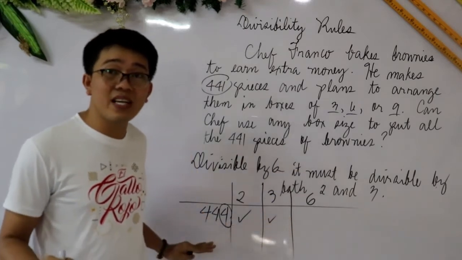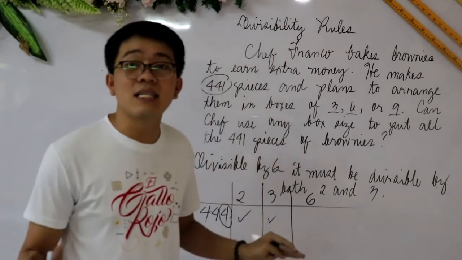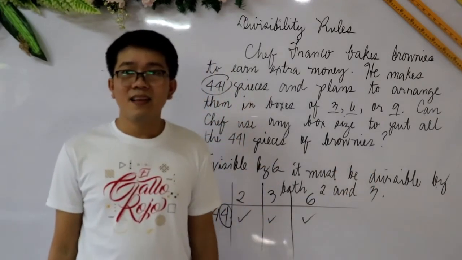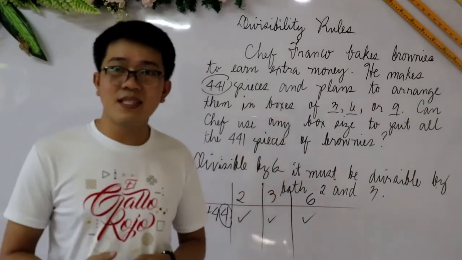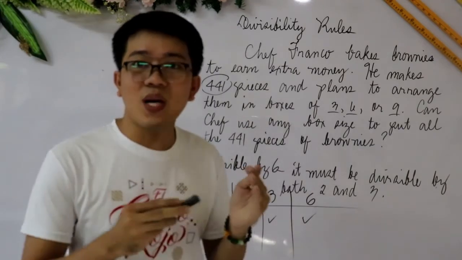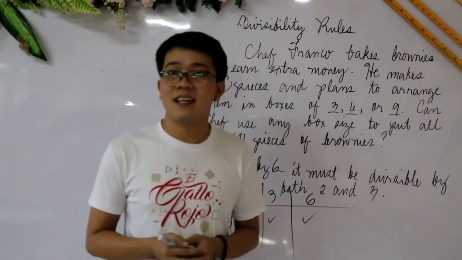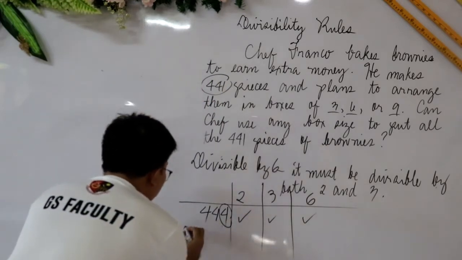It is divisible by 2, and it is divisible by 3, so we can now say that it is also divisible by 6. Now, yes, it's a little tasky because you have to check first the divisibility rule number 2 and 3 before you can confirm that it's divisible by 6. Alright? Next example. I have here